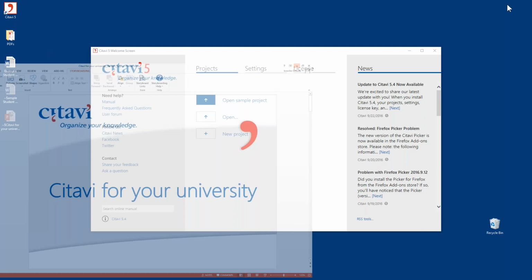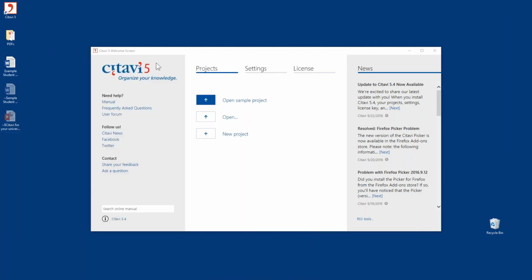So this is the Citavi welcome screen. This is what you'll see when you first start the program. And right away you see on the left that if you have any questions, you can ask them and you can find an answer. So you have the link to the manual, and then if you need support, you can contact us directly. Over on the right, you see a news feed, and this typically shares information about Citavi,